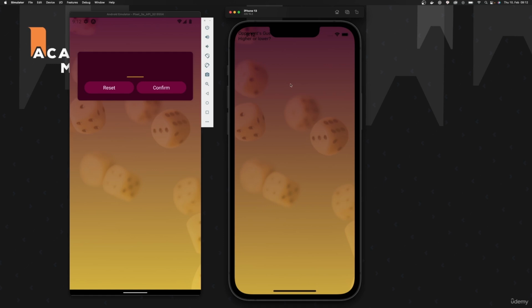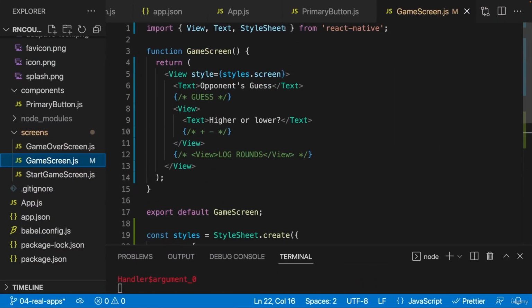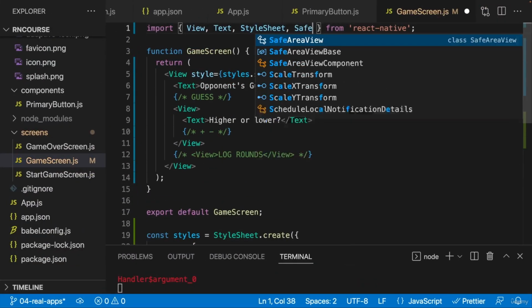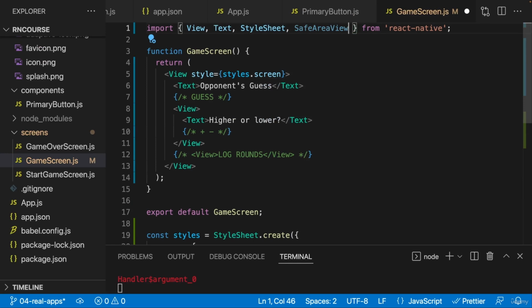smartphones. Therefore, it would be nice if there would be some component that would automatically detect on which device we're running and add an appropriate amount of spacing around our content to allow for that notch and for that status bar. And it turns out that such a component thankfully exists, and it's even built into React Native. It's the SafeAreaView. And actually, I want to wrap this view around all my screens, not just around the game